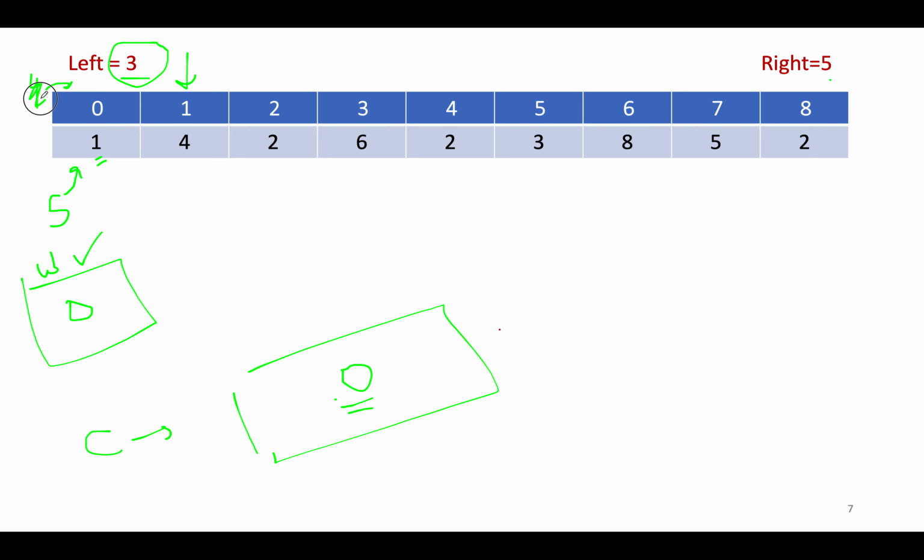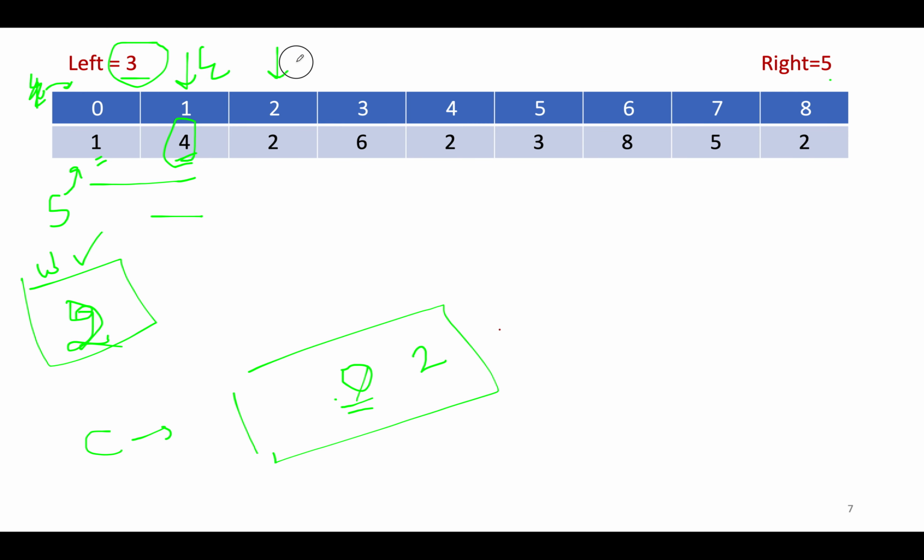N gets incremented here and now points to 1. At 1 we have 4. 4 lies within the range of 3, 5. So since it lies within the range of 3, 5, we will recalculate the window size. Window size becomes end minus start plus 1. 1 minus 0 plus 1, which is 2. So window size becomes 2 and count becomes 2. So 2 elements got added into our answer set, 1, 4 and 4.